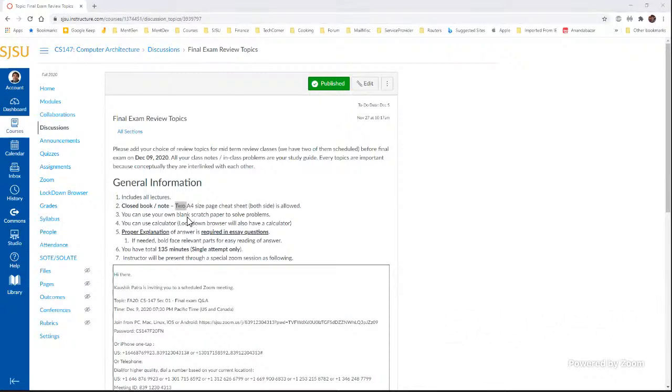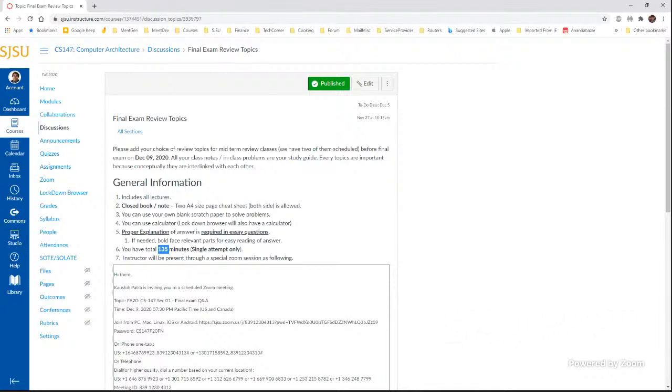You can use your blank scratch paper to solve the problem. You can use the calculator, but I have turned on the scientific calculator on the lockdown browser, so you should be able to use that as well if needed. For the essay type questions, we need proper explanation. If needed, boldface and underline all the relevant parts of the essay for easy reading of the answer. You have a total 135-minute single attempt. This is 2 hours, 15 minutes